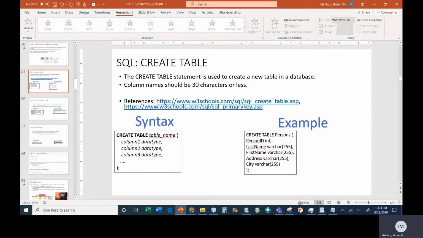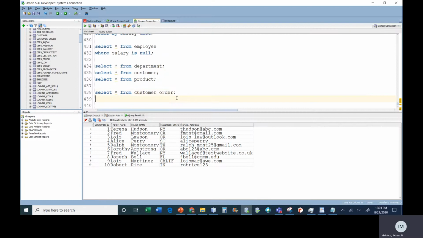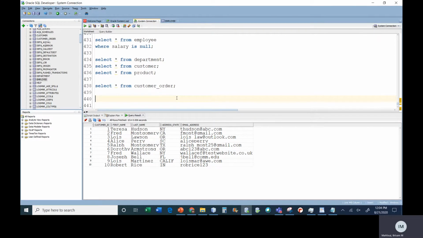And then you think of all your column names, and every column name has to be unique within that table, and then the data type. And you separate them with commas, and all the columns are between those parentheses, and you put a semicolon. So for example, if I wanted to store a table of all the toys that my daughter has, I can say create table, let's call it toys,